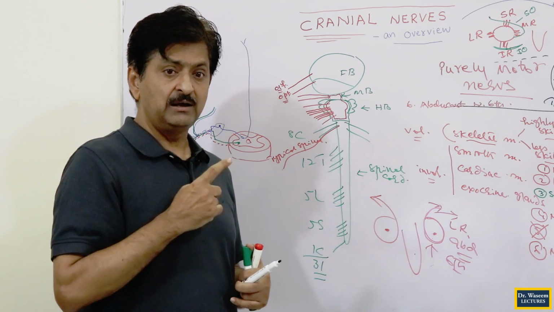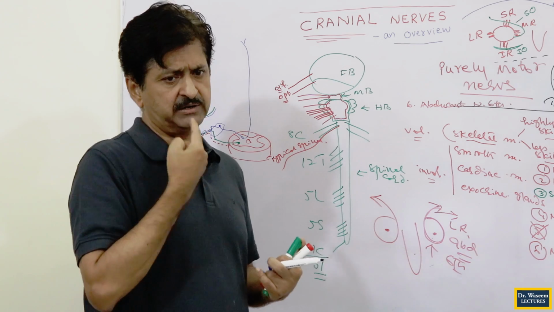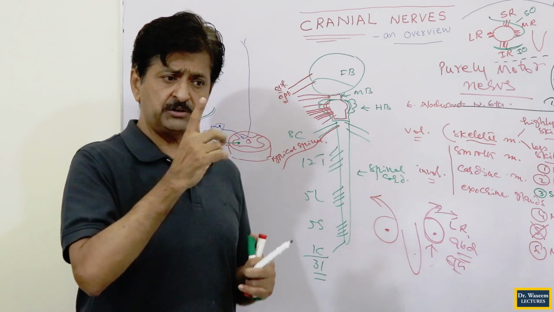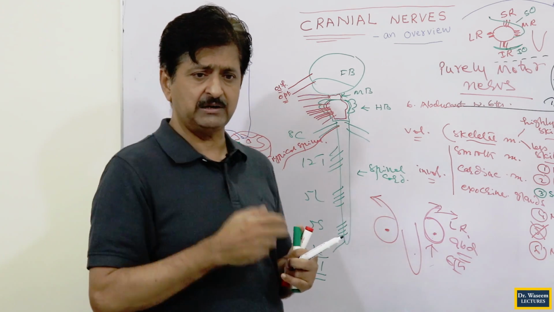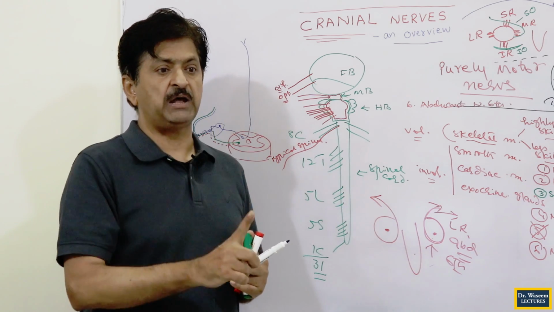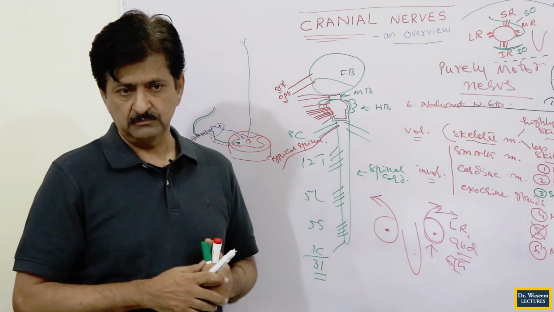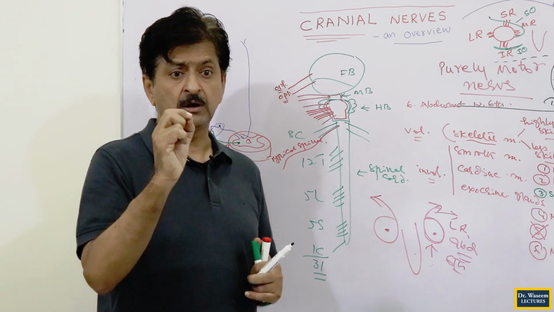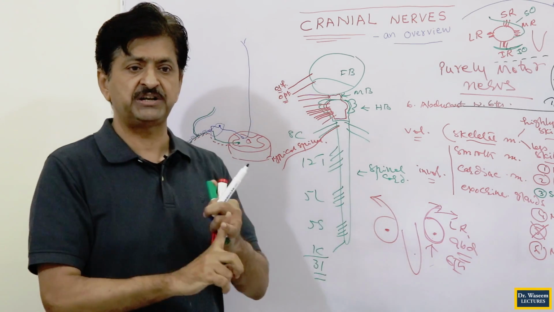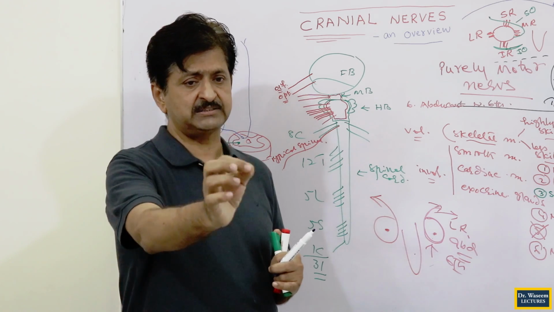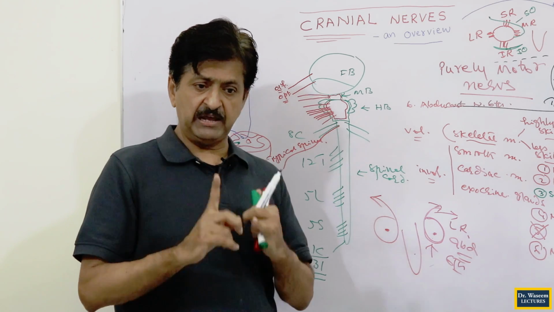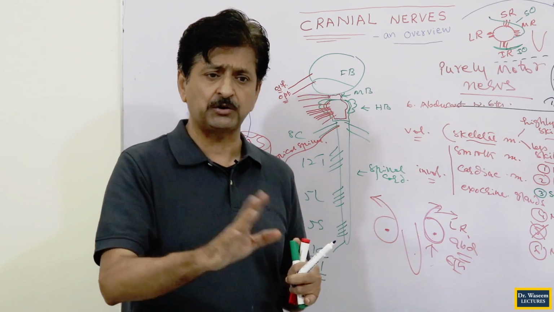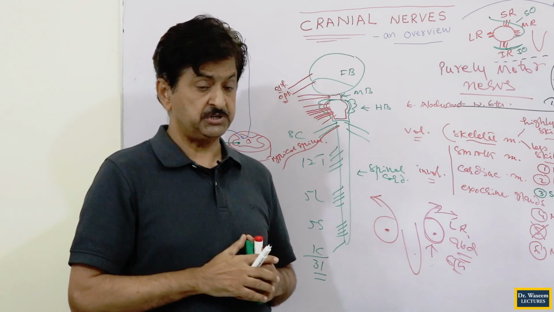Why? Because it supplies highly skilled muscles of the eyeball, either eyeball or tongue, but here the eyeball. Which eyeball muscles? We have 6 extraocular muscles and 1 eyelid muscle. In the recti, we have 4 recti, 2 obliques, 1 levator, and out of these recti, 1 rectus it will supply, 1 nerve, 1 muscle. Can you imagine? That muscle is very small. For 1 small muscle, out of 12 cranial nerves, a single big cranial nerve has been offered. They are made for each other. It will not supply any other structure except the lateral rectus. And when it supplies the lateral rectus, it will never supply other muscles. It will never have any involuntary fibers, never sensory at all. Can't you imagine the speciality of this nerve?